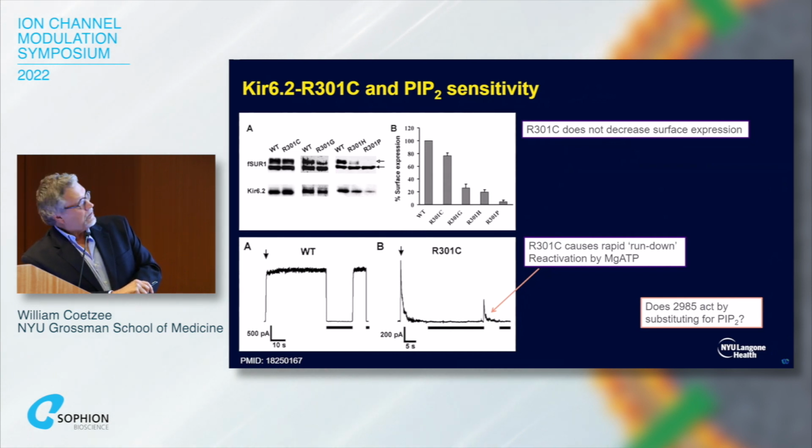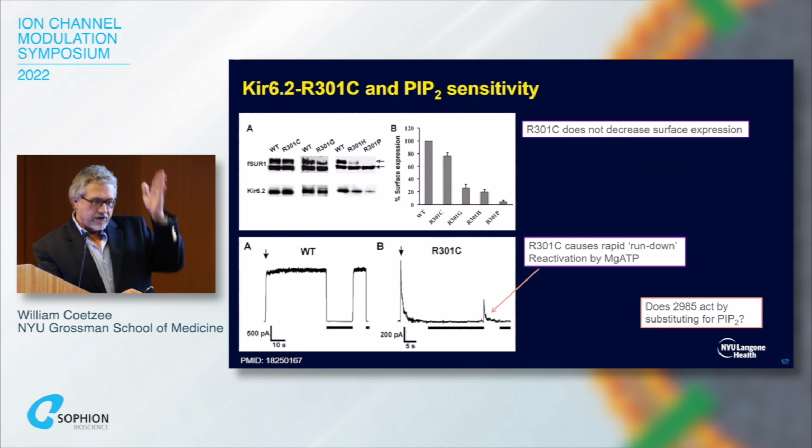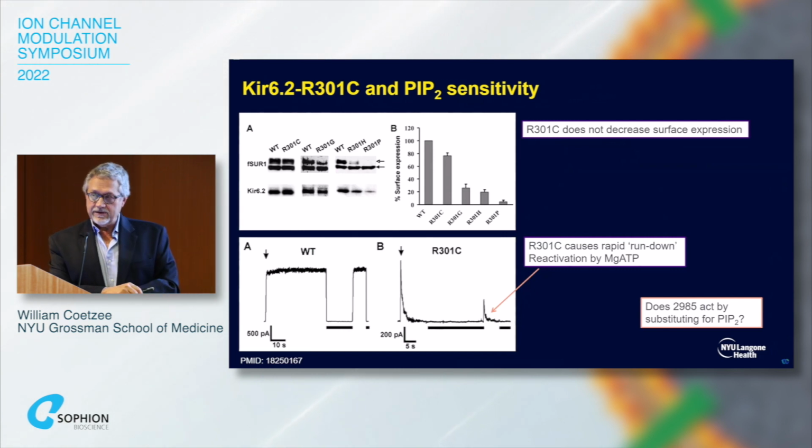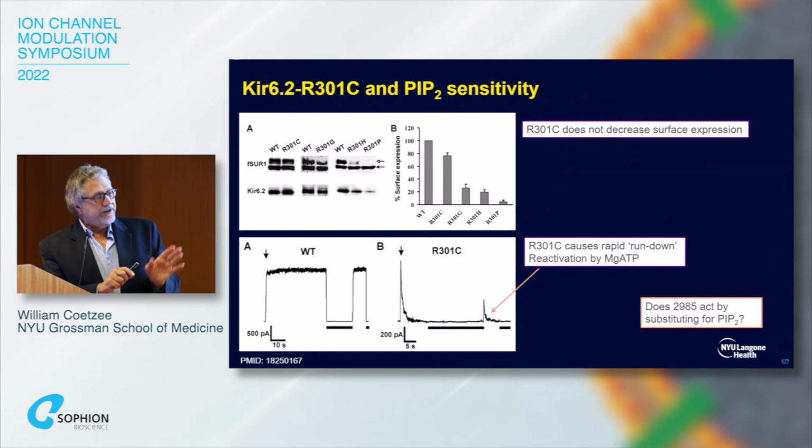However, when you look at the current, this is the current that can be blocked by ATP in a reversible manner in wild type. In the 301C, when the patch is pulled off, the current activates, but it's immediately run down again. Now, this mechanism of rundown has actually been studied before. It's thought that this rapid rundown is actually